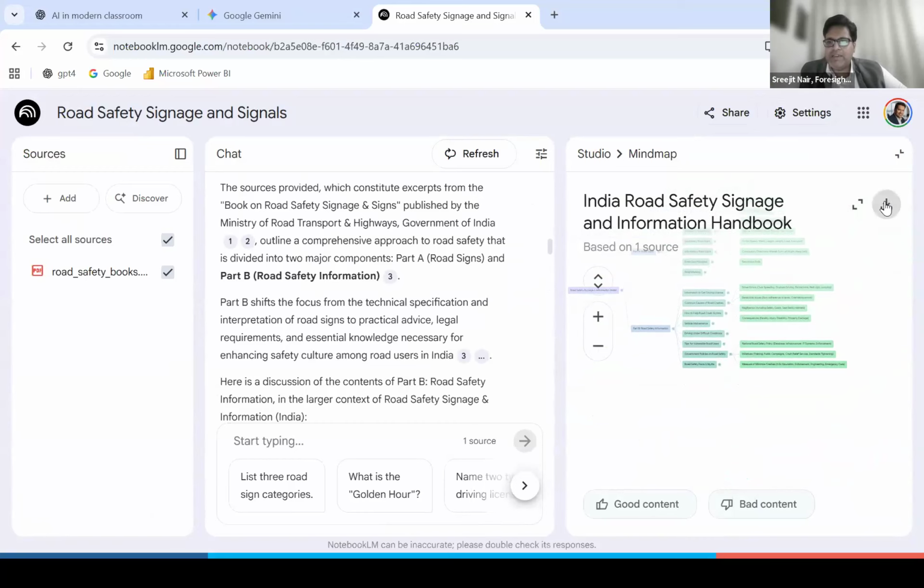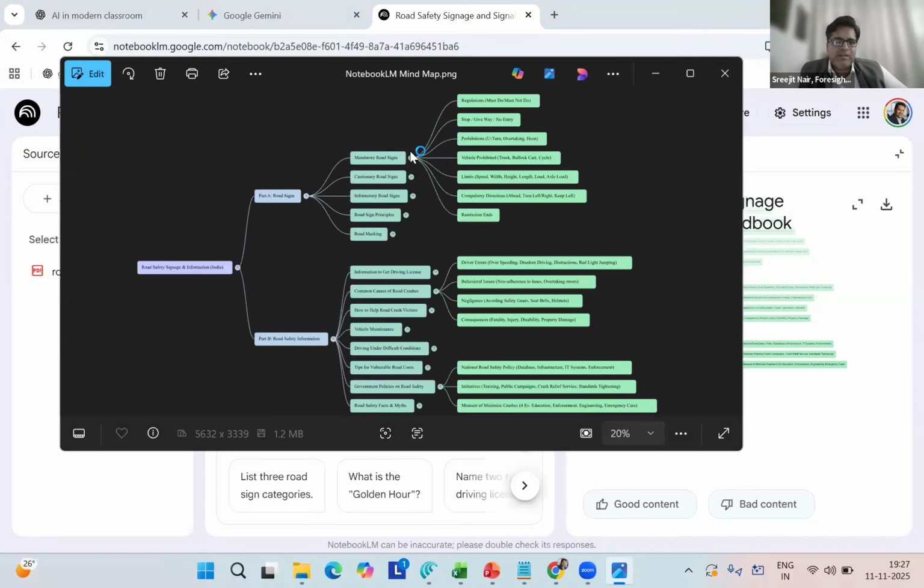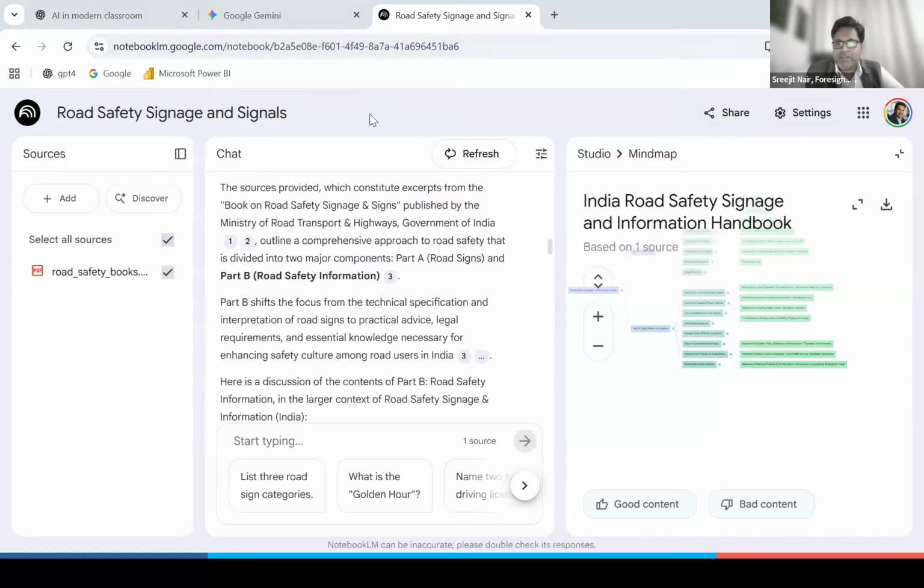You download it, and it is available for you in PNG format that you can use. See, I opened two subsets, and three subsets within those sets. So it has made a mind map and it is available for me. So that's what